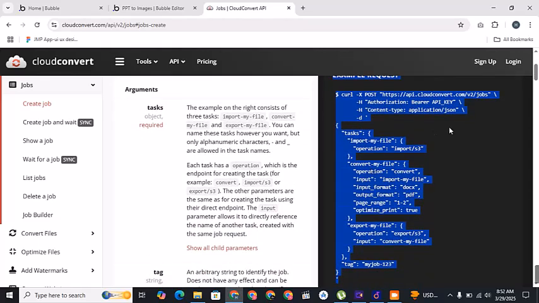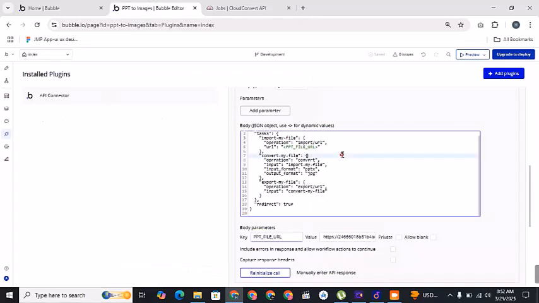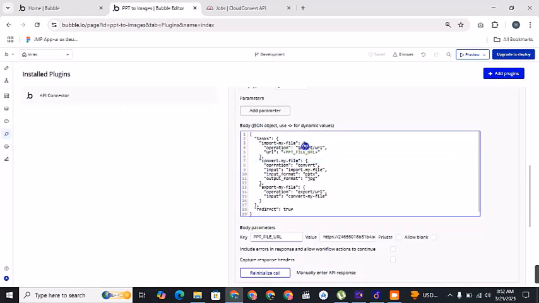You can clearly see in the jobs that it will have this operation, and this will be the input. This is the file formats, this is the range. But what I will be using is the operation import URL and convert,